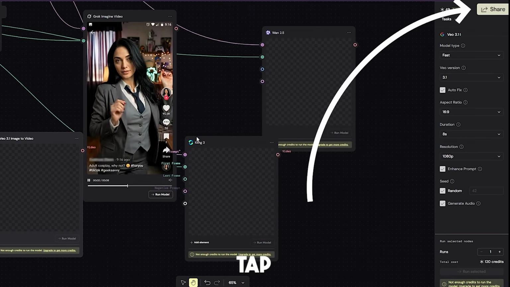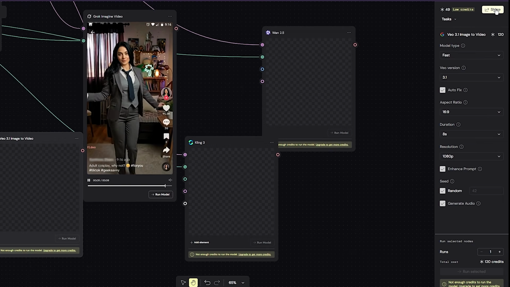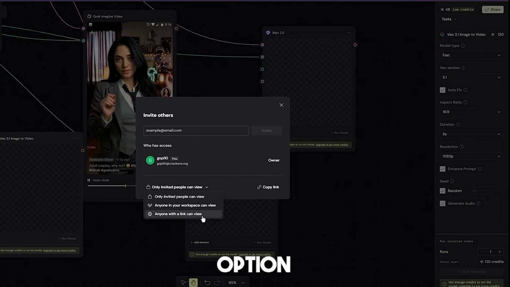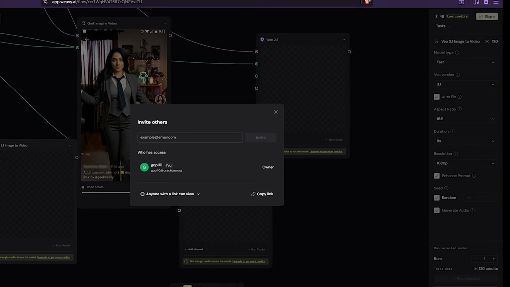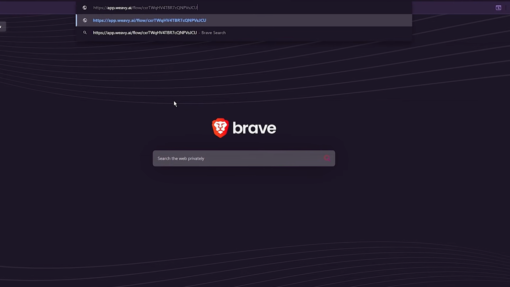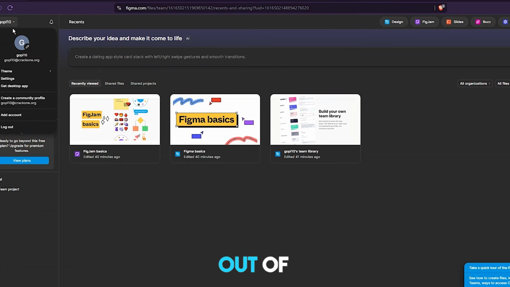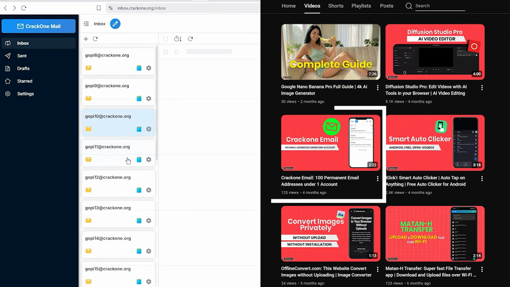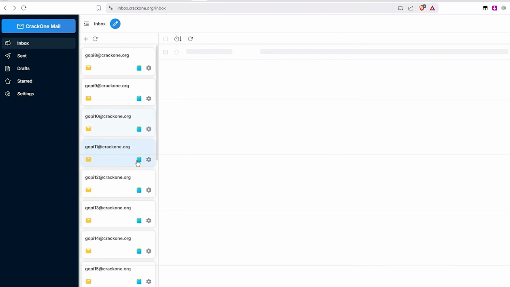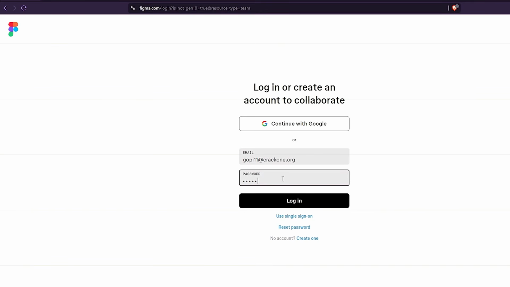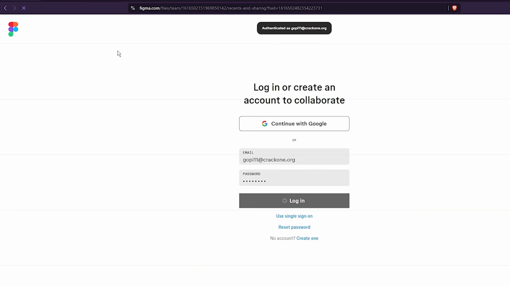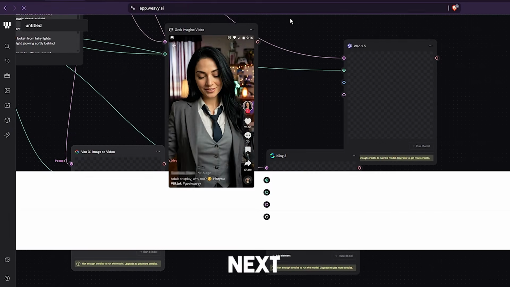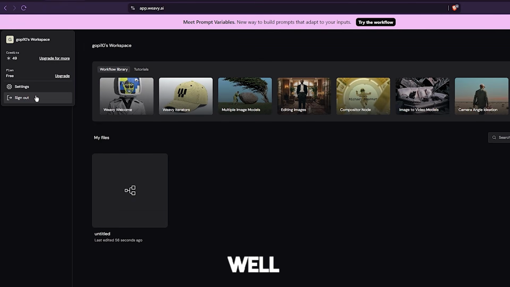To do that, I tap the Share button. Then I choose the third option and tap the Copy Link button. Now I'll log out of the Figma account. I'll log in again with another email account. Next, I log out of AI website account as well and then tap Log in with Figma to sign in